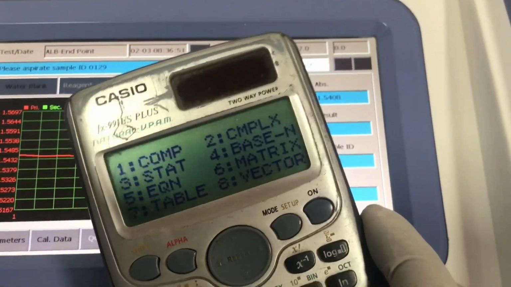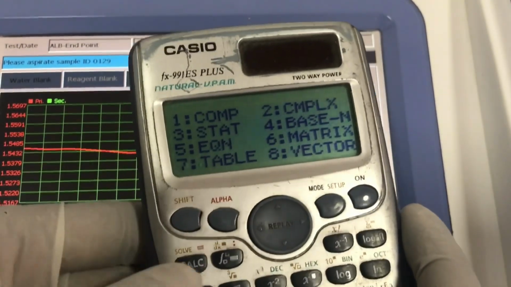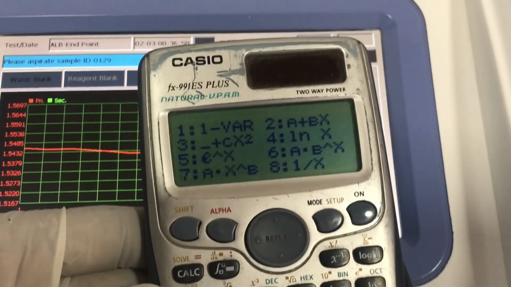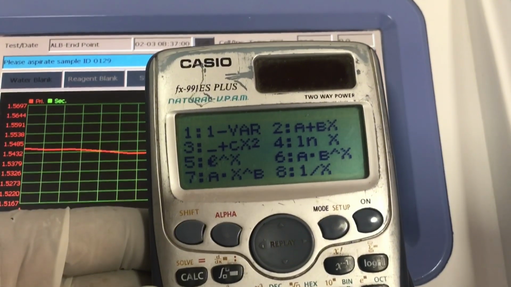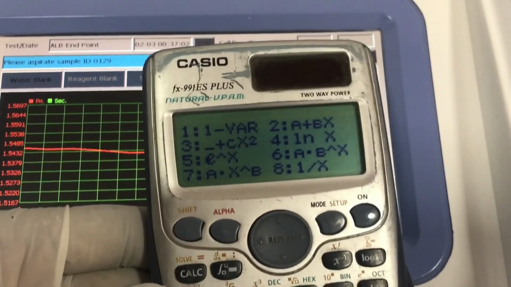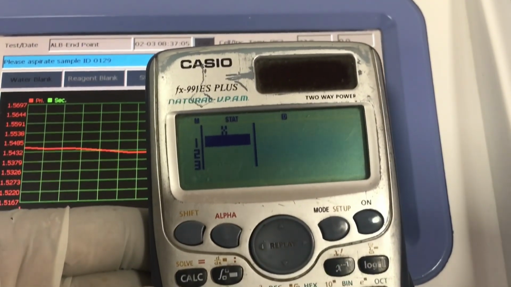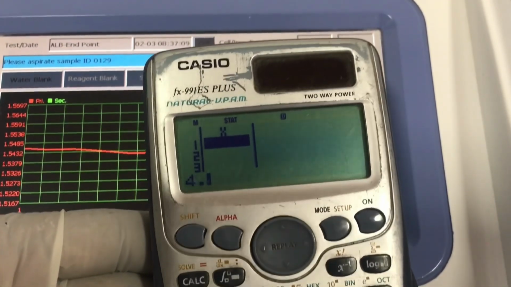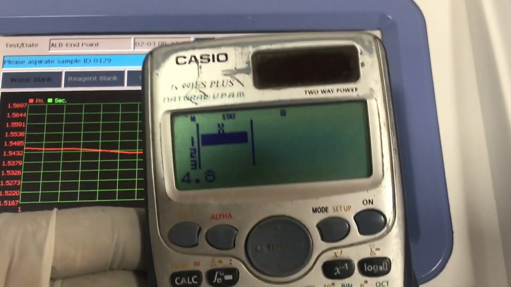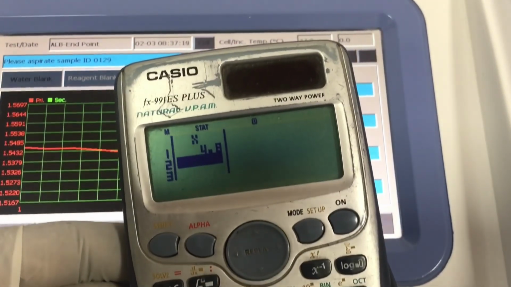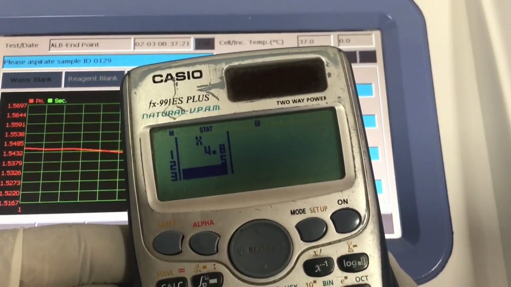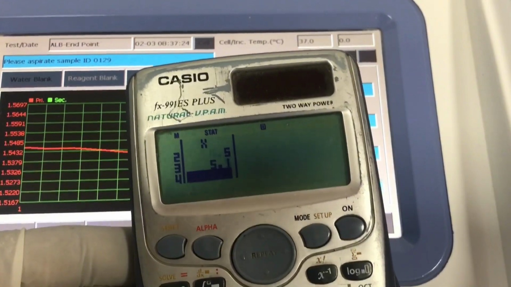Okay, this is better. From the mode we select 3 to get the stats. Then from the start we select number 1, and then we begin to input our data values. So the first one is 4.8. After that you press enter, and then it automatically moves to number 2, that's 5.0, enter, then 5.1, enter,